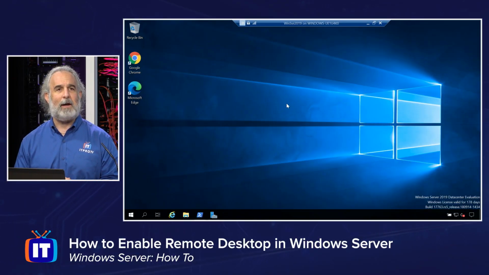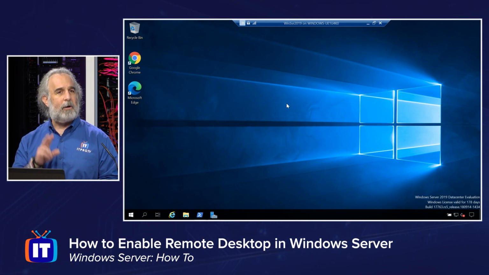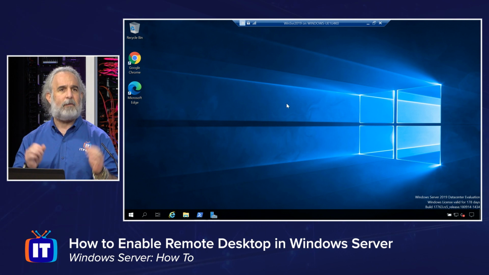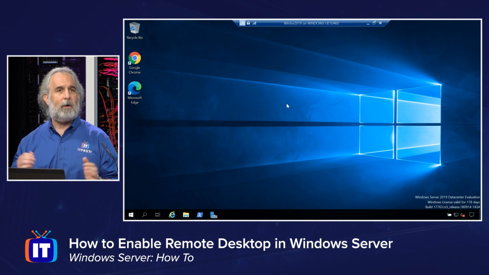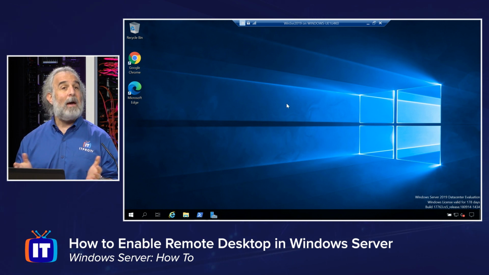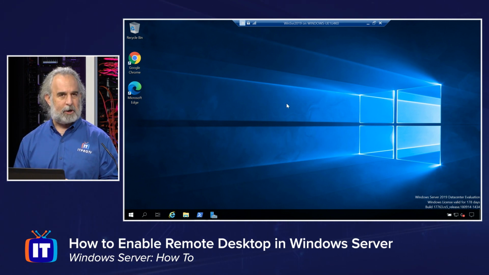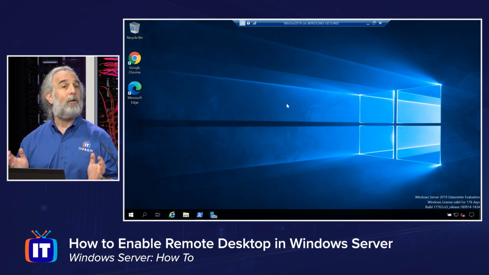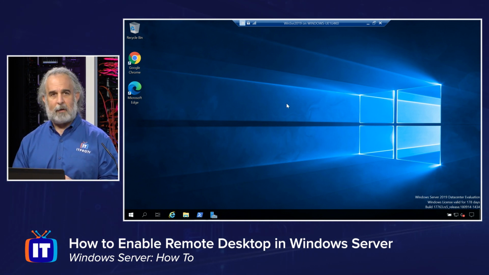We're running Server 2019. I'm going to show you two different ways to do this from the graphical user interface from within the desktop directly, using both the Server Manager. There's a shortcut there. We'll take a look at how to do it. And I'm going to show you how to use the Windows File Explorer of all things to get to the same capability. And then take a tour of PowerShell and use a very simple command that people often overlook, the sconfig command, to set remote desktop up as well.